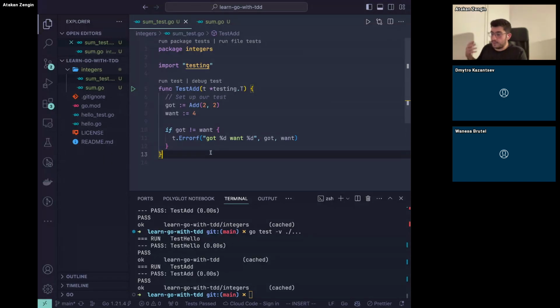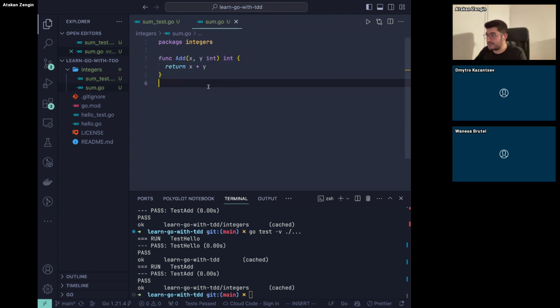So what now? What is the next step in TDD? Usually how it works is you write the test and the function, and then you do the refactor. So we're at the refactoring stage here, but actually there is not much to refactor because it's a really simple function that just gets two input parameters and returns the sum of them. But since we are at this moment, I would like to show another functionality that is built in Go